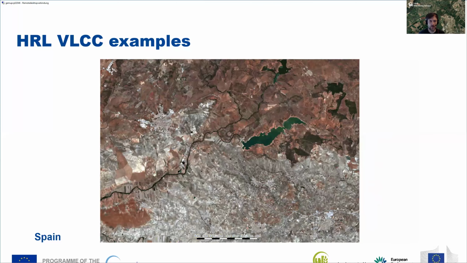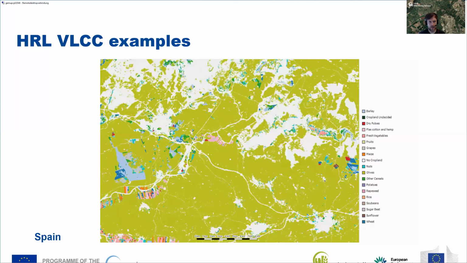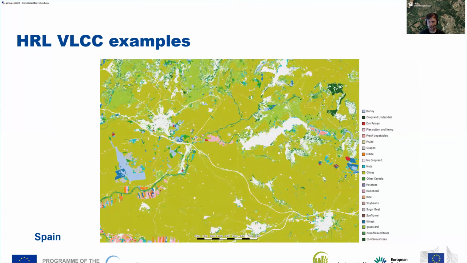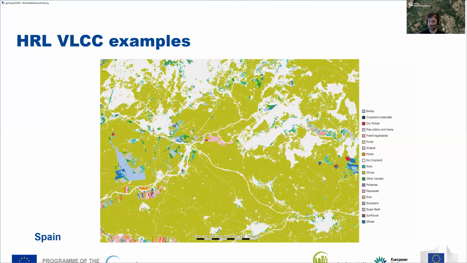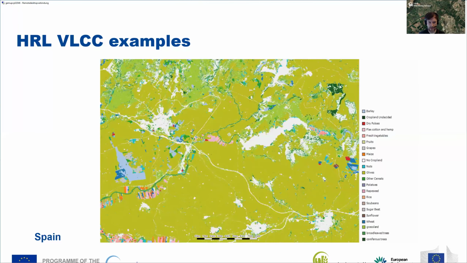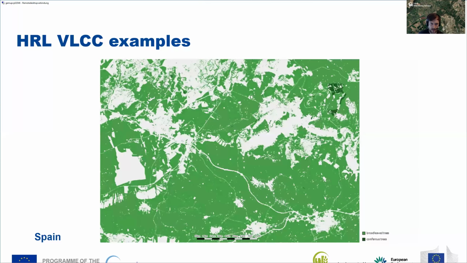In the northern part of this area, there's also grassland and herbaceous cover mapped. And as you can see here, there's also the allowed overlap of the crop type and the forest product. As you can see in this step where the crop type is added, there is